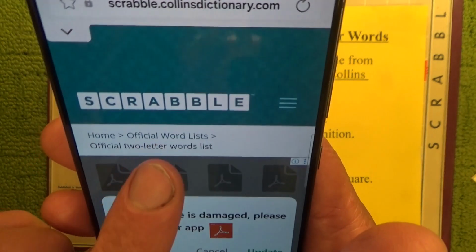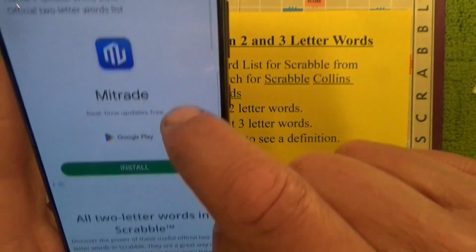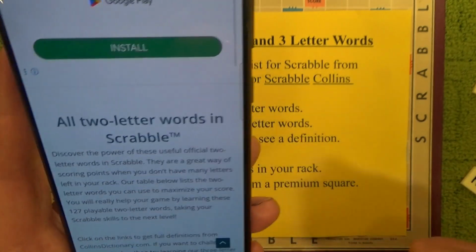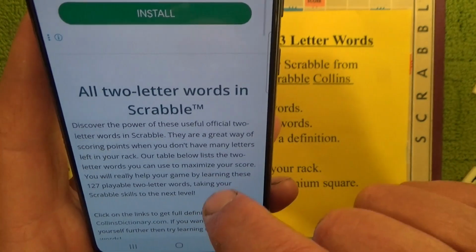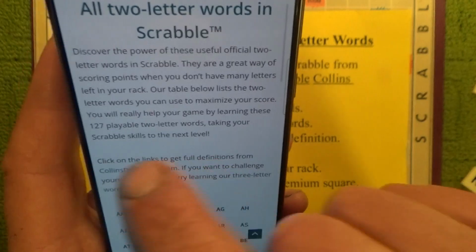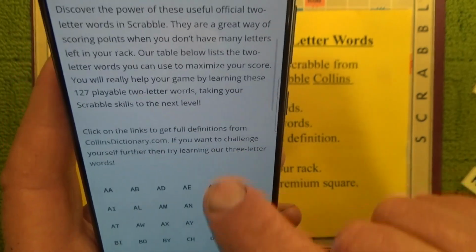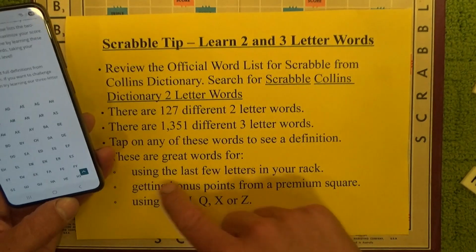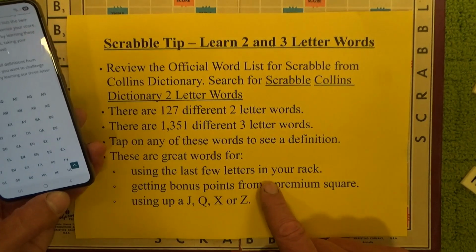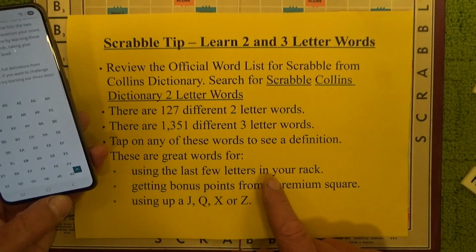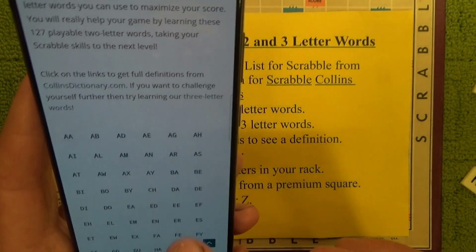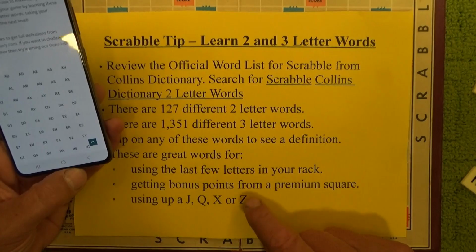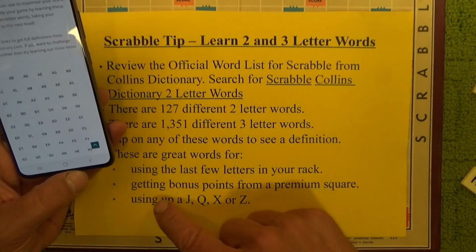And you'll come up with this page, scrabble.collinsdictionary.com, and it's the official word list. And when you go down, here are all the 2 letter words. There's 127 2 letter words, and these are great. If you've just got a few letters left in your rack that you're trying to use up, if you know a few of these words that aren't in very common use and you can use them, that's a good way of getting rid of your